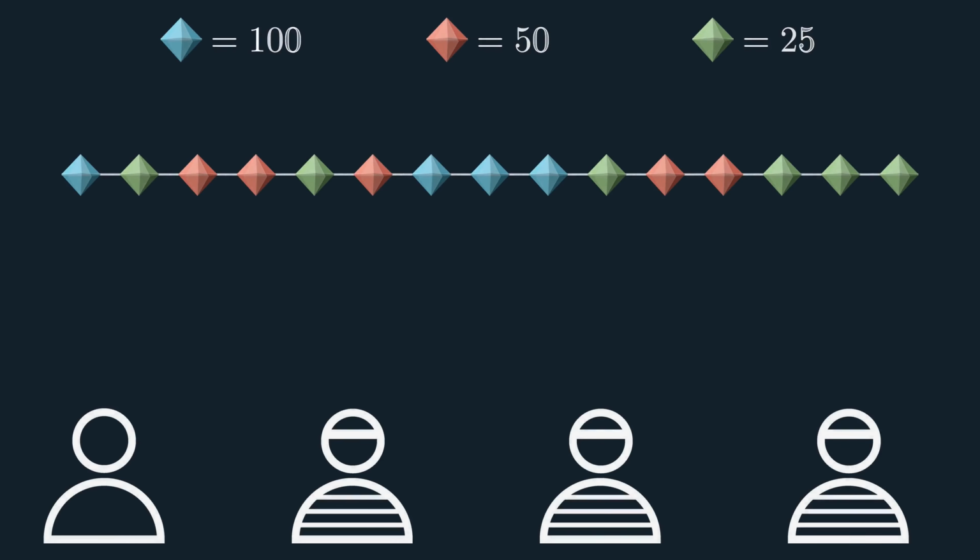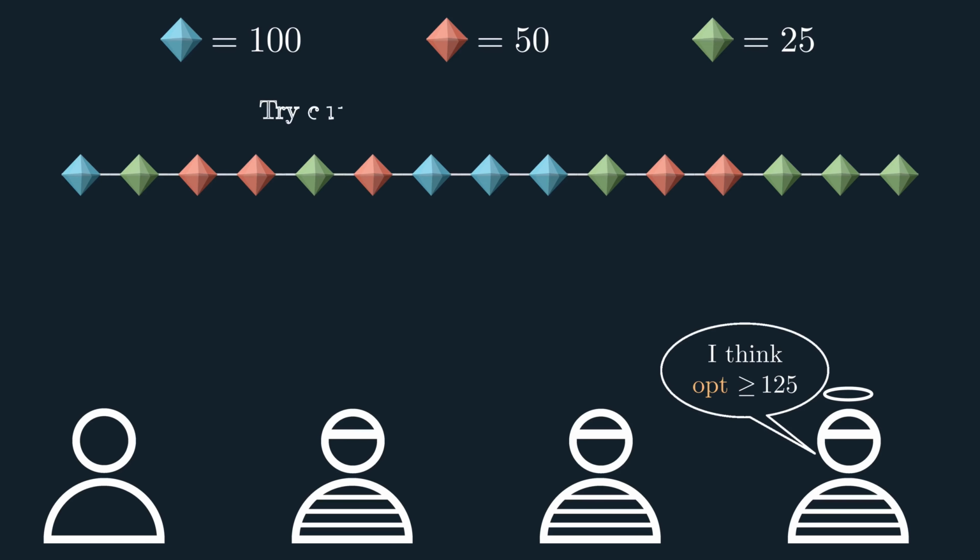Assume that you are trying to divide the necklace when suddenly one of your friends has a divine inspiration. He says that he doesn't know how to divide the necklace, but he is sure that there is a partition whose value is at least 125. Now the question is, how can we check if the divine inspiration of our friend is actually correct? For this, let's reformulate the problem. Your task is now to cut the necklace into k smaller pieces such that each piece has a value of